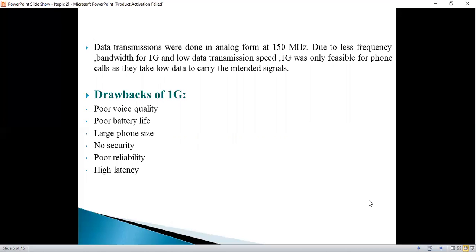Now, you see, it was a better thing than that of the zero G, of course, but whatever technologies, whatever facilities that we have in this age, this 1G facility cannot meet up with them, right? अभी जो हमारे पास जितनी भी टेक्नोलॉजीज हैं, जो भी हम यूज़ करते हैं, हमारे